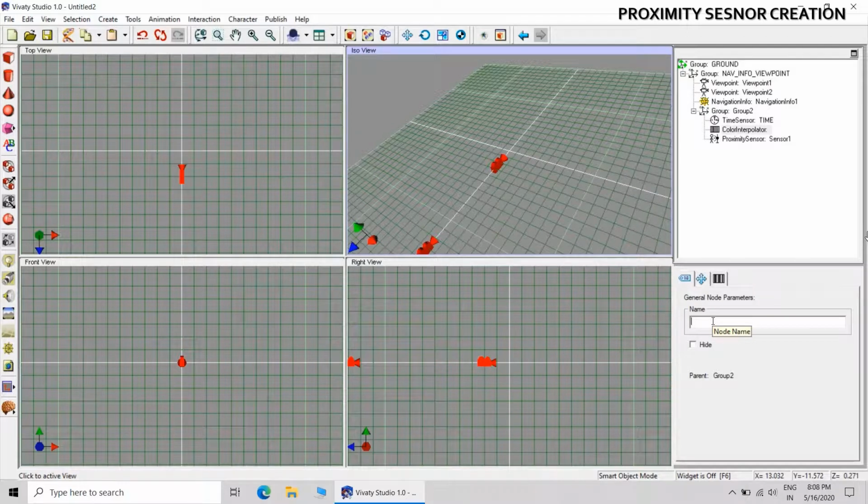Now give appropriate name to the color interpolator. Call it interpolator underscore color.